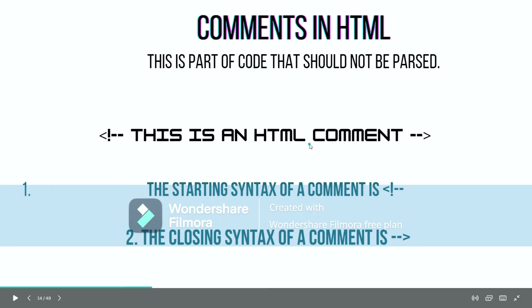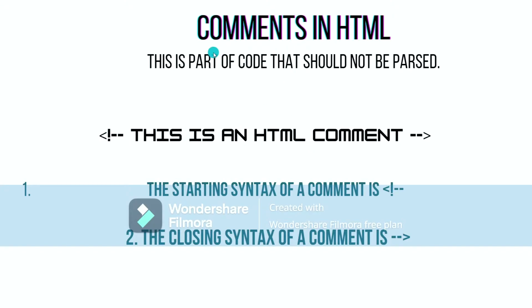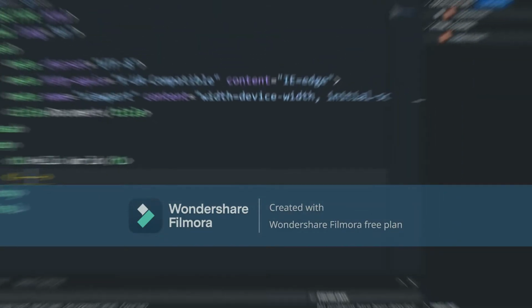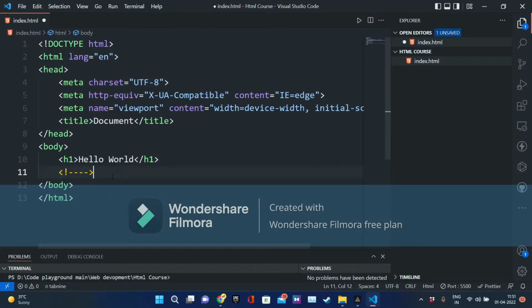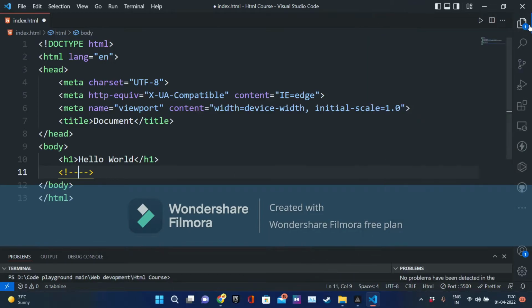Now, first up are comments in HTML. This is the part of the code that should not be parsed. Means if I write like this in HTML, see, Hello World is written here. This is the basic structure of an HTML document as I have told you: doctype HTML, html lang en, head and meta charset. So this is a tag. See, I write